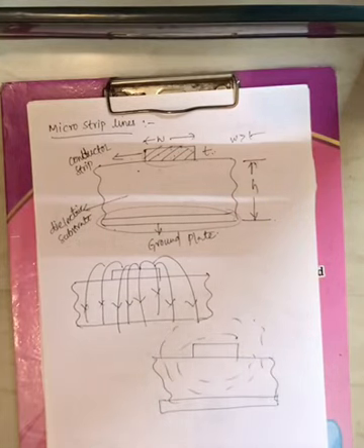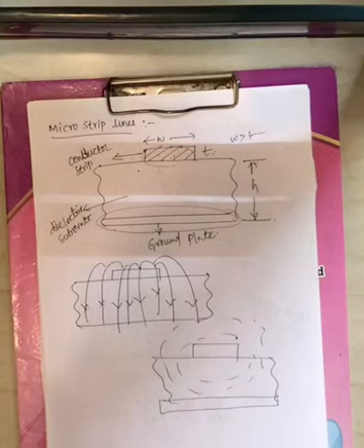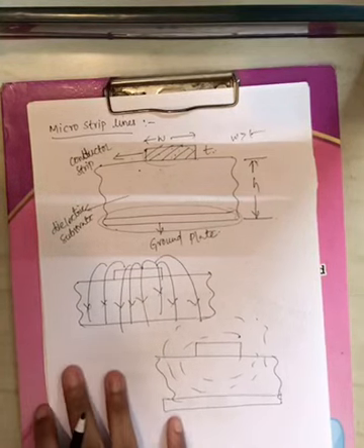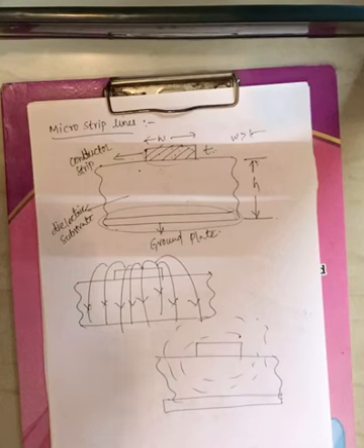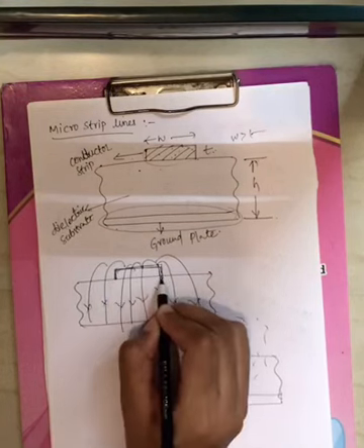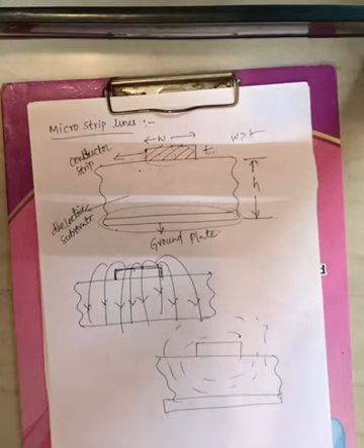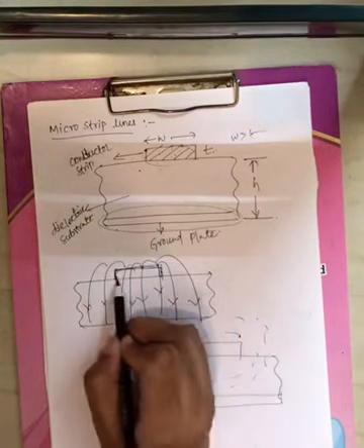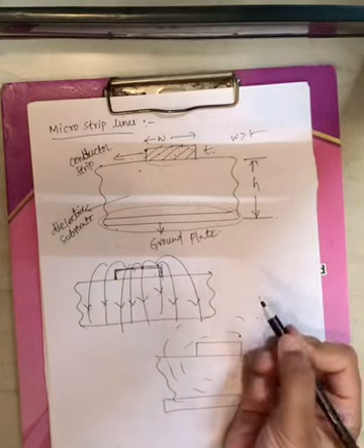Now microstrip lines will also support TE mode of propagation and TM mode of propagation. Now coming to its disadvantages, this particular strip is open, right? That means there won't be any ground plate on this particular strip. Now due to this openness of the strip structure, they have radiation losses.